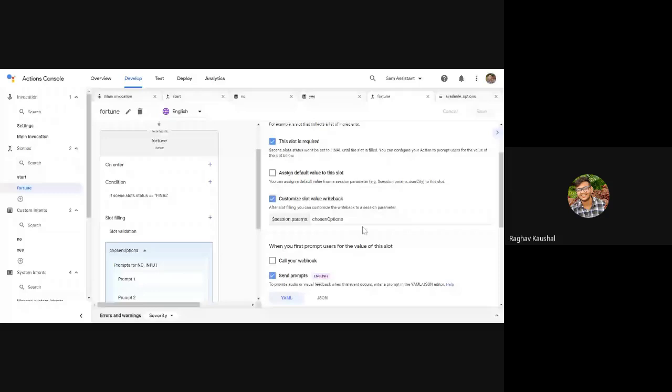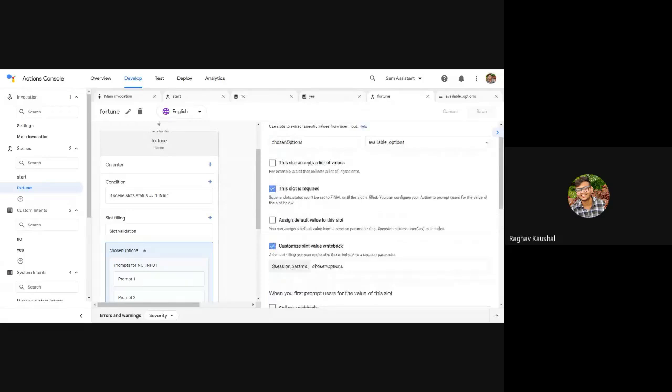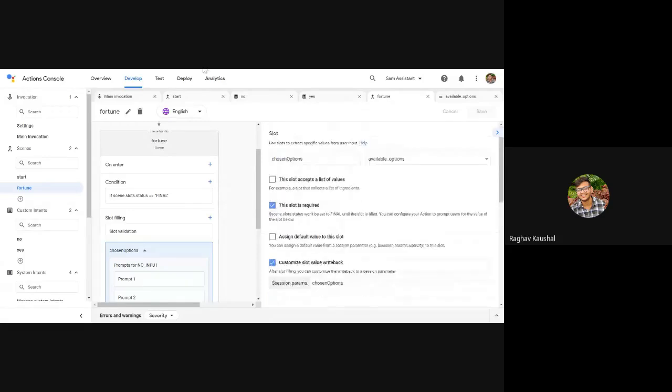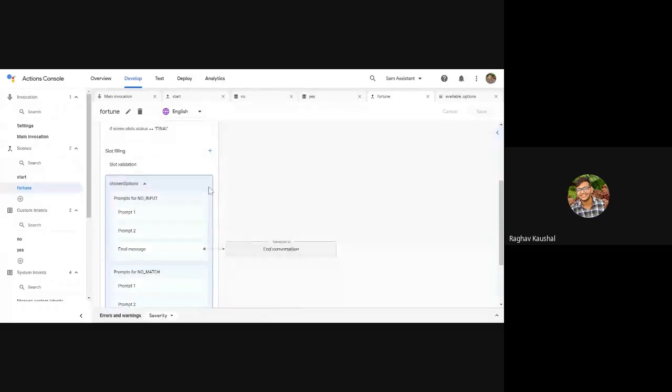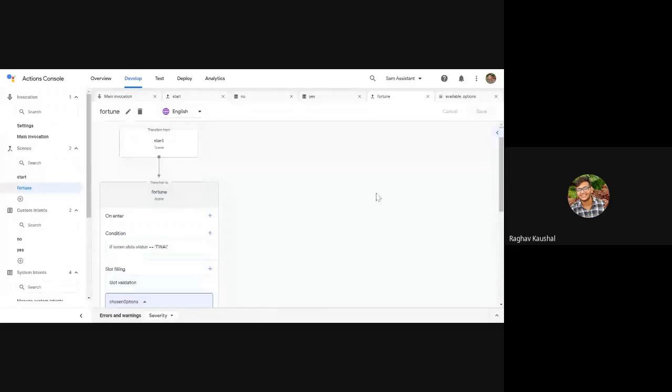And the syntax you are seeing is the YAML syntax. Is that clear to you guys, or shall I give more examples? Okay, so I showed you that it was working fine, no? What is happening is that whenever we choose a dragon, it tells you that you have chosen a dragon. But that isn't fortune, guys.